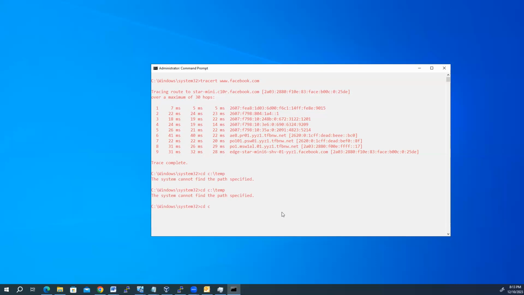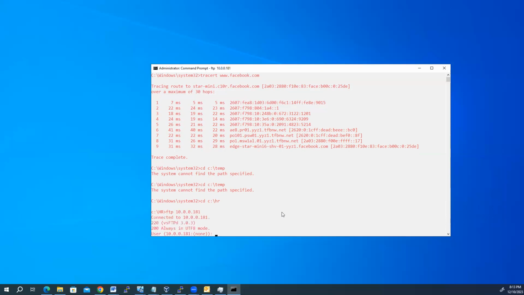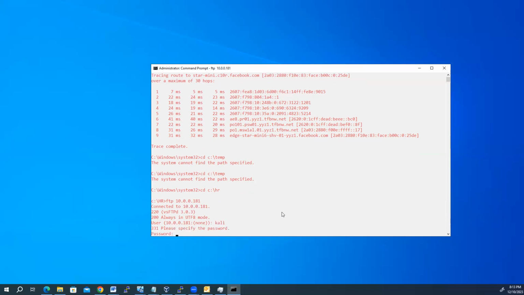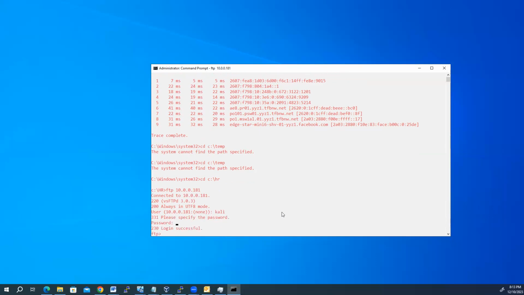So cd c:/HR. Then I say FTP to my FTP server. Let's say in my environment I have an FTP server 181. When I type this, it says, hey, provide the username. So I put my username, my password, and look, I'm connected successfully. So I want to upload this file. So let's say I can say put